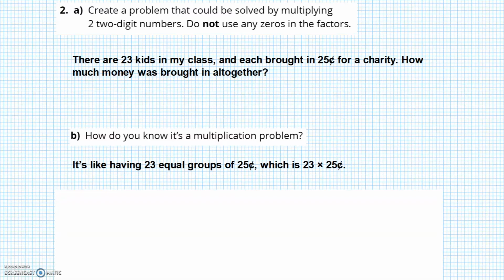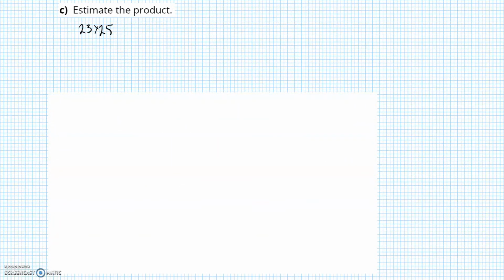which is 23 times 25. So anytime you're talking about groups of things, typically you're going to be talking about multiplication. Now we're asked to estimate our total. So this one maybe not necessarily quite as easy as the last one, but I'm going to do a similar